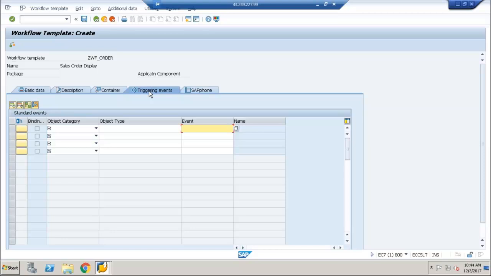Now we came to a concept called triggering events in the workflow. In this tab we define and tell the system when this workflow needs to be started. Whenever my business object event gets created, I need to start my workflow. I created an event in the business object, right? What is that event? The created event. So if you select this one,